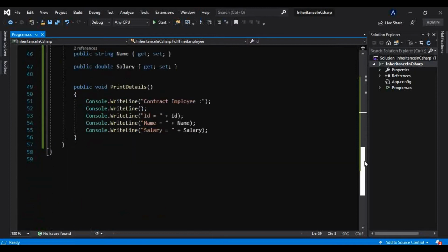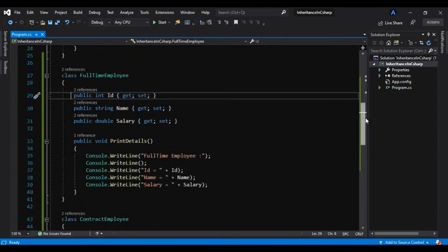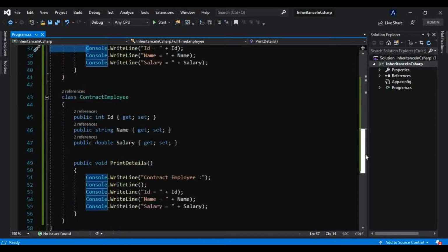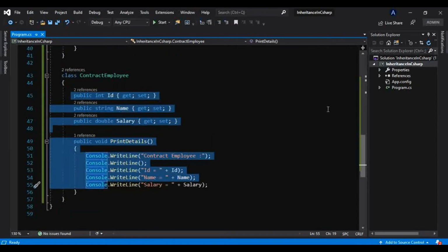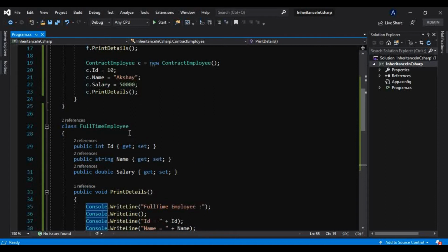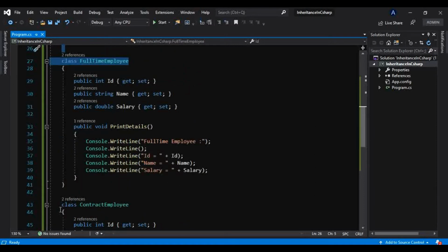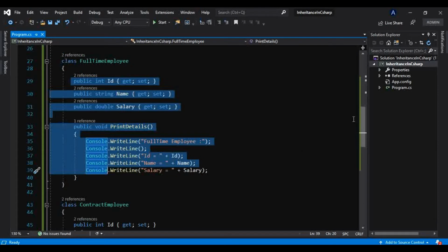So this is a very bad design for the application, or what we can say, there is a code redundancy which we can reduce by putting this common code that is required by both these classes, contract employee and full-time employee, in another separate class, and we can make both these classes inherit from that base class, and we can put the common code in that only, and then from that base class, these two classes will be able to extend or use these features. Okay, so we will see how.